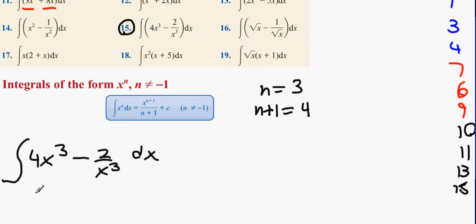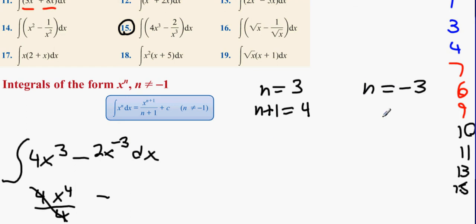So we're going to get 4 times x to the 4 all over 4. The 4s will cancel. The next one, the 2x cubed, well, I suppose what I should do with the 2x cubed there is change it to 2x to the power minus 3 using the integral of indices. N this time equals minus 3, therefore n plus 1 equals minus 2. So we're going to get 2x to the power minus 2,